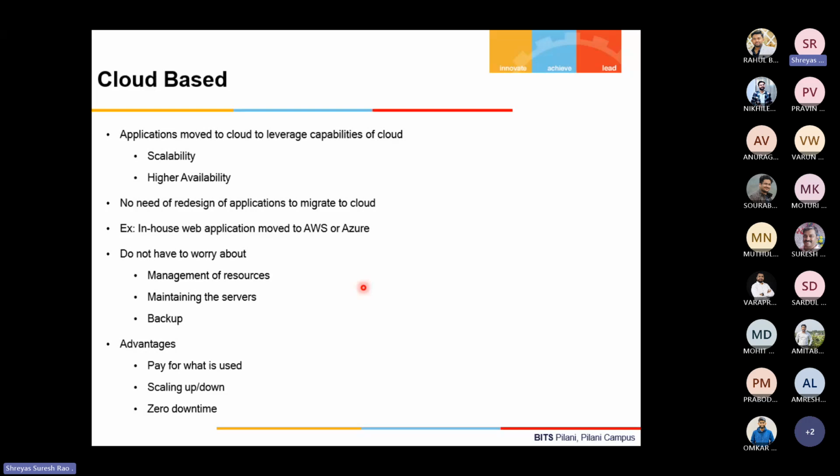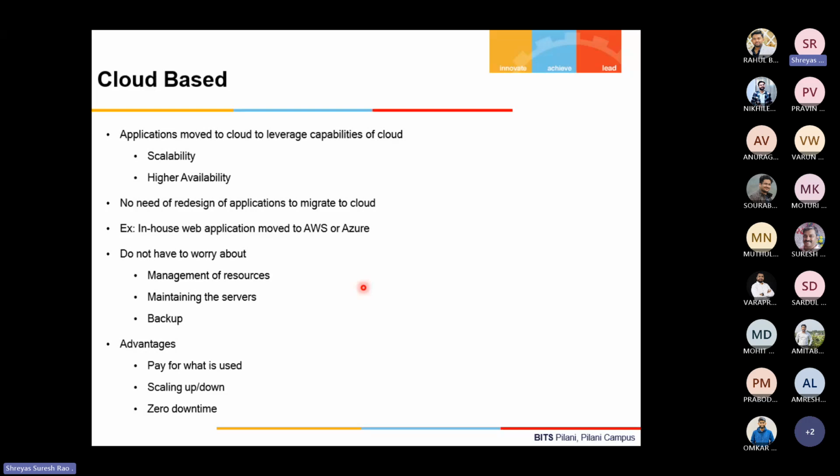Okay, because on-prem, if the scalability requirements are more, if only 1,000 users or maybe 1 lakh users are using your application, maybe the on-prem setup works. What if there are 1 million, 10 million or 1 billion users who are accessing the application? Then the on-prem setup may not really completely work. That is when people thought, why can't we move our application, which was hosted on-prem, we migrate it to the